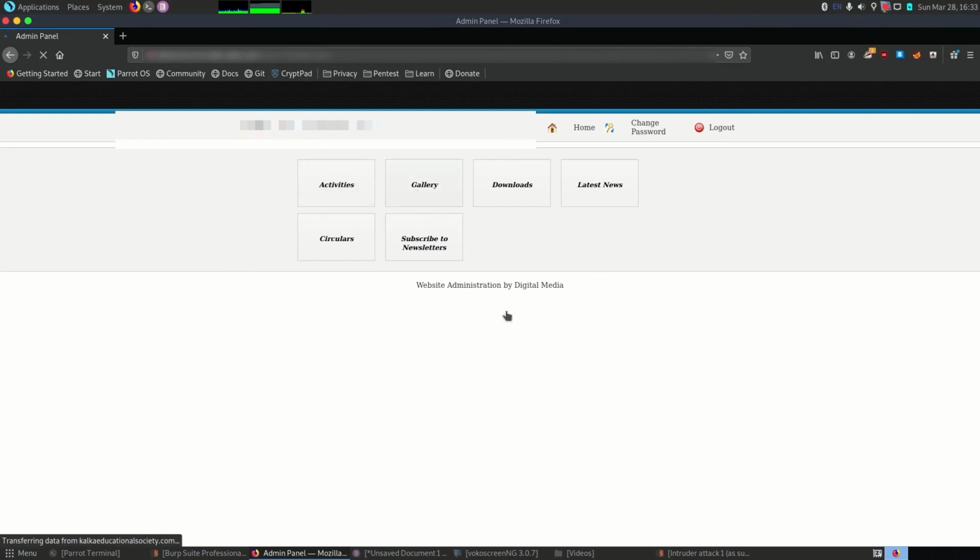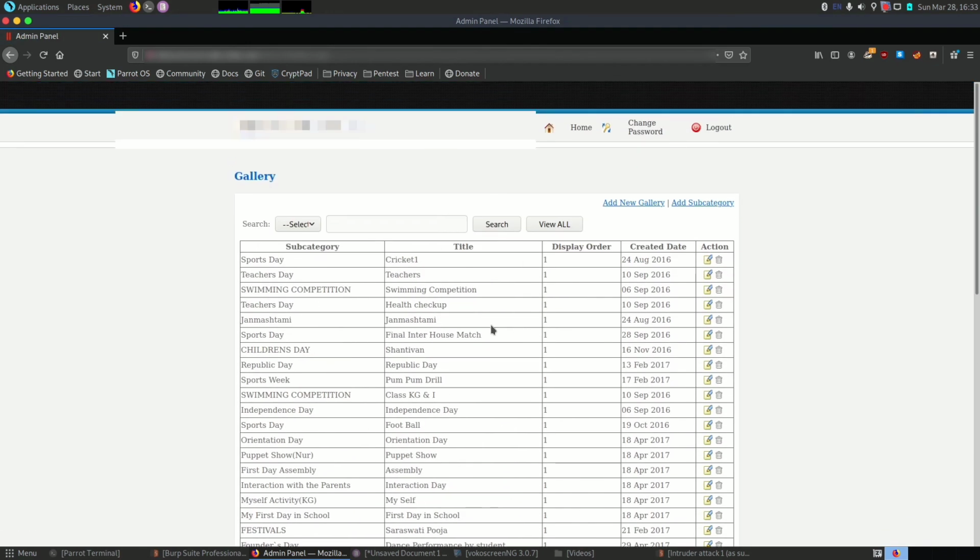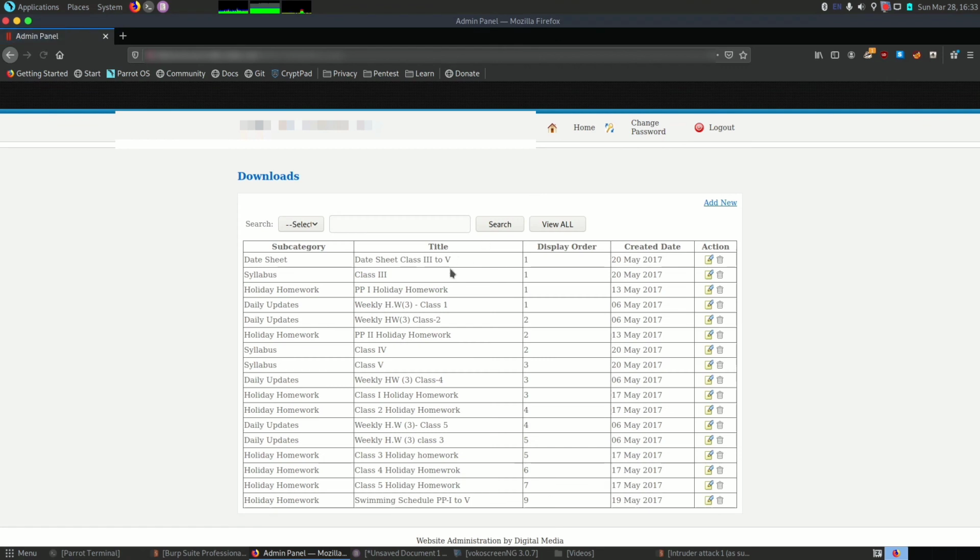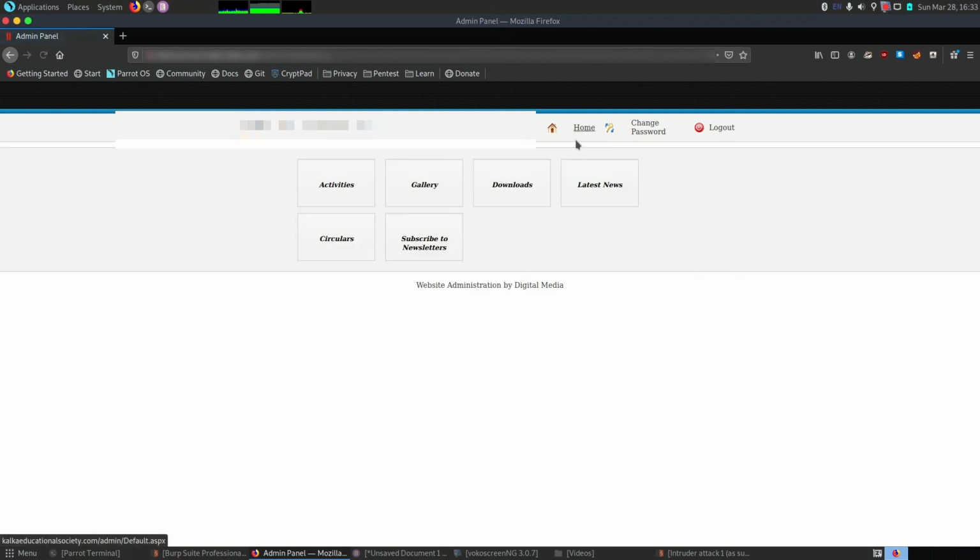This is the gallery section. As you can see, I can change it or I can delete it. I can even change the password. I will go to home, click on download, and you can see I can change any kind of thing. From here I can also go for privilege escalation, where you would upload your reverse shell and get it onto your system. But that is a different thing, and we will not do it here. You can try it on your own on the particular website.